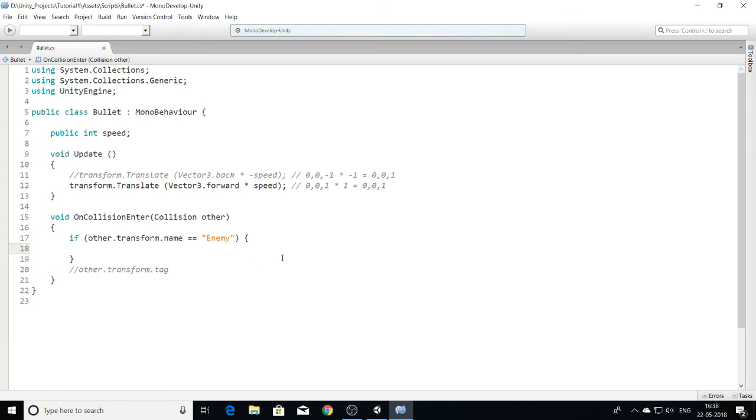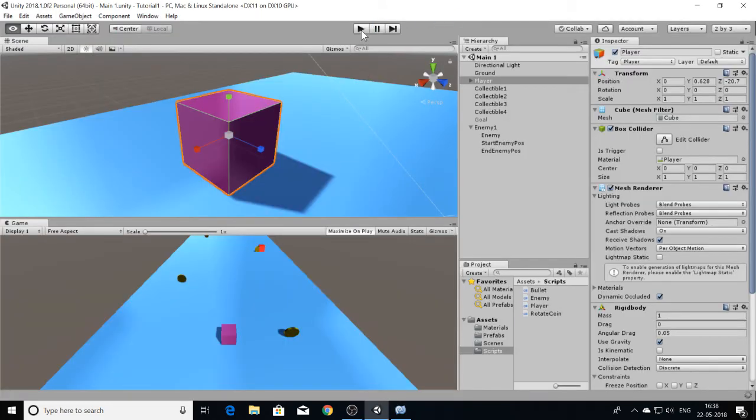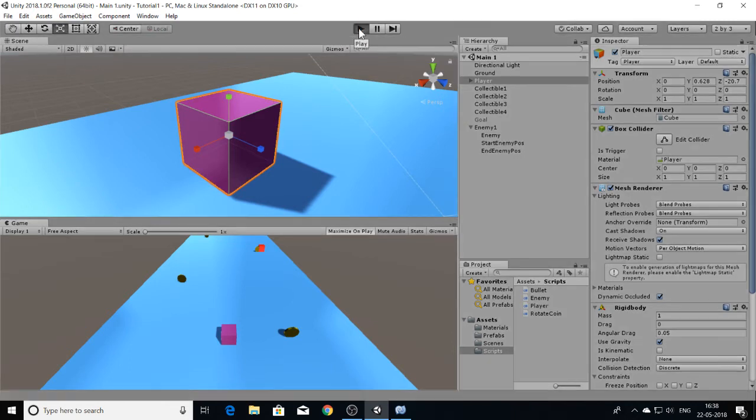And inside the if condition, I would write other dot game object, capital O. C# is case sensitive. Set active false. So whenever the bullet hits the enemy, it will disappear. So if I click on play,